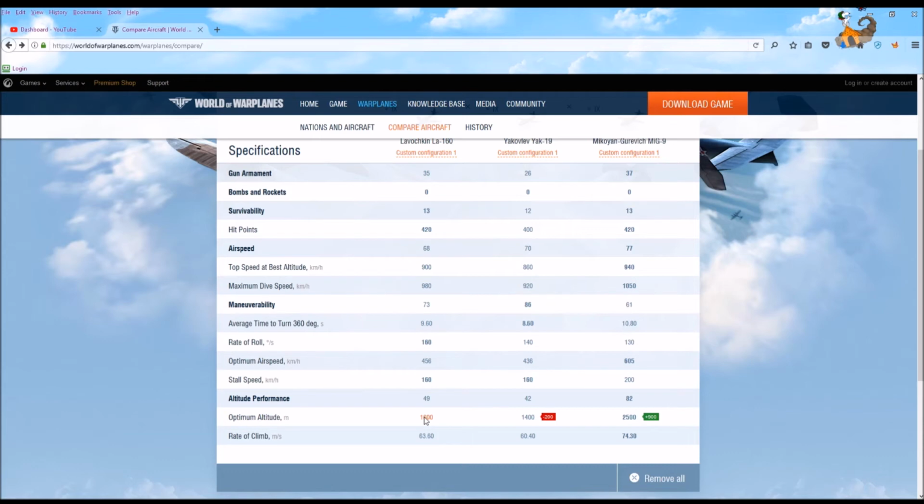Optimum altitude, the Yak-19, that whole Yak line, is pretty much a low altitude fighter, whereas the MiG is a high altitude fighter. And that is a limiting factor. I really like the Yak line. I don't have a problem choosing it as an aircraft. Of these three aircraft, I would choose the Yak-19 over the other two. But you do have that limitation of altitude. You're not going to be climbing high with a Yak-19. You're going to have to wait for enemy assets to come down to you, and sometimes that can be a problem. Rate of climb,